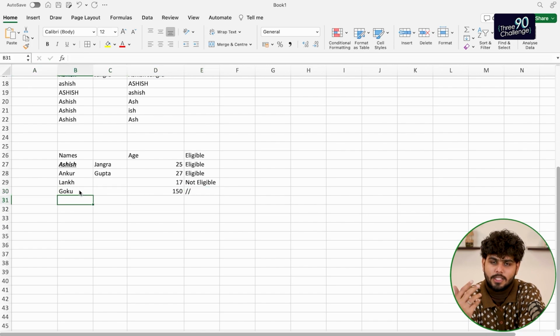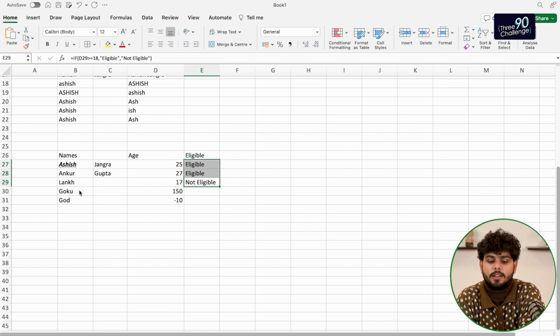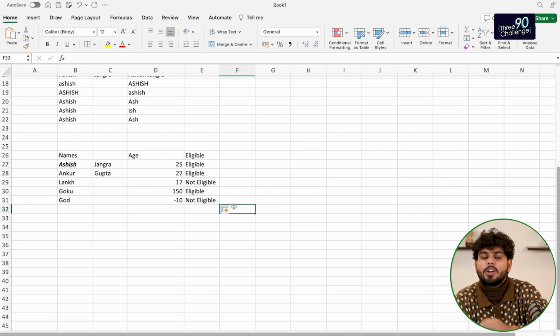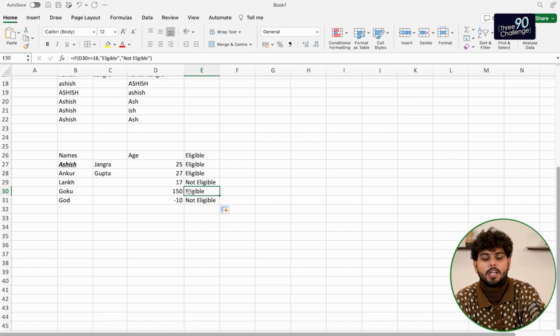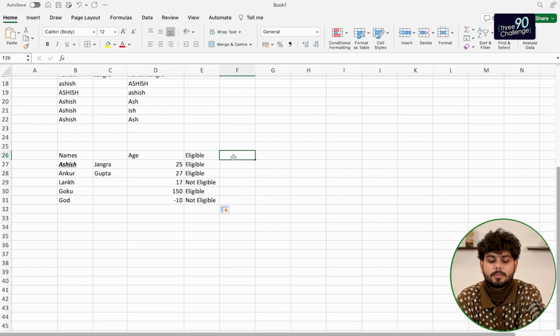Or in other words, let's suppose I'm having one more condition where we have a person, let's say God, who has a negative age, let's suppose minus 10. So in this particular case, if I'm selecting, dragging and dropping them, both of them are not eligible. But they are not just not eligible, they have entered an invalid age. In this particular case, I need to check if the age is invalid or not, right? So here I need to write